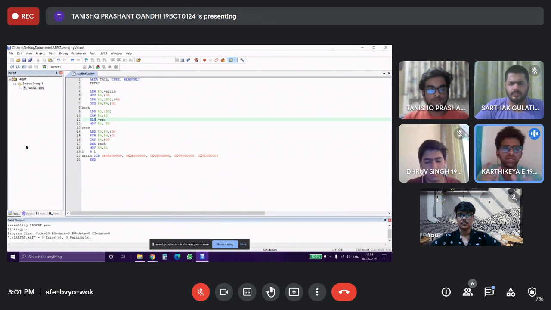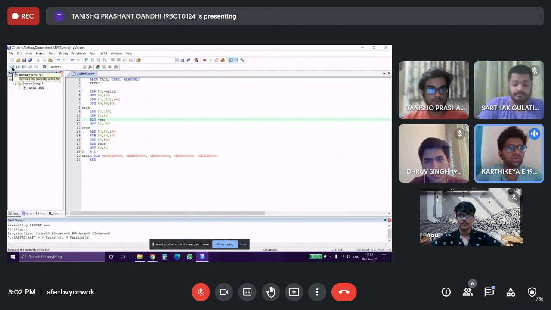If R1 is greater than R2, it will just continue. But if R1 is less than R2, it moves to line 13, as in BLS. The other loop is basically the same thing as before. To understand it even better, we go through the output. We translate the code and then build it, and we have 0 errors here as expected.